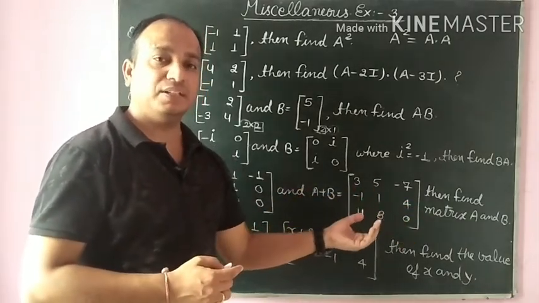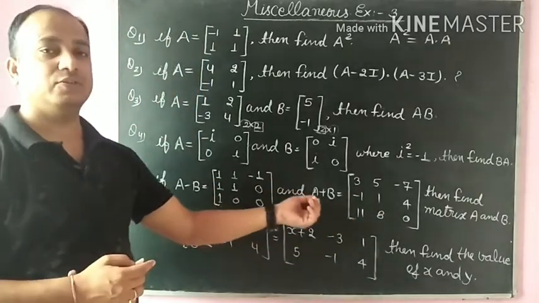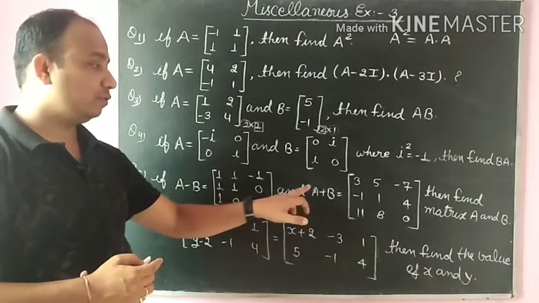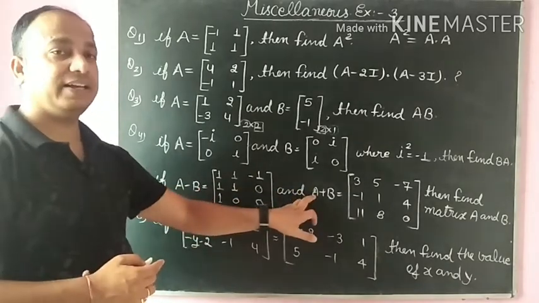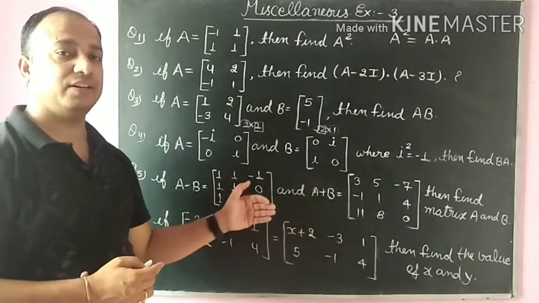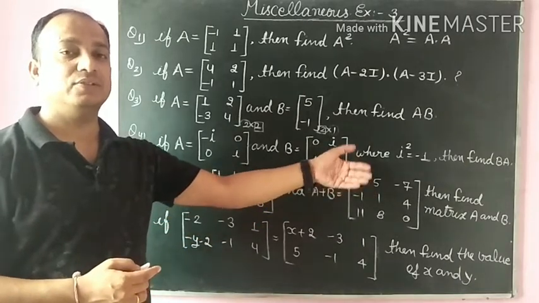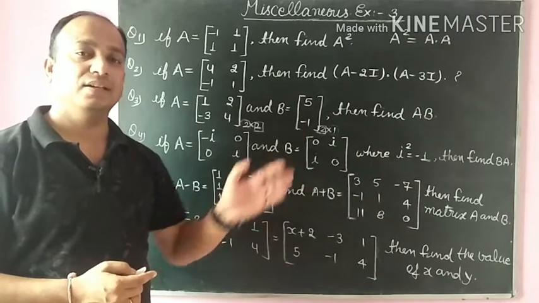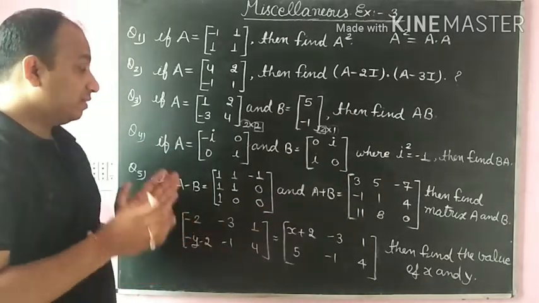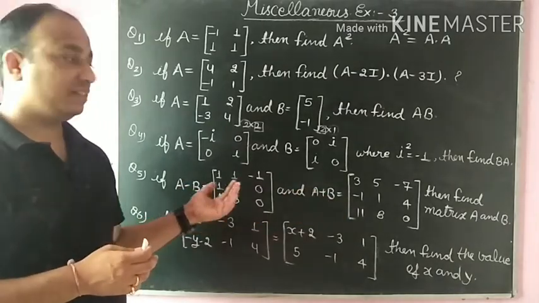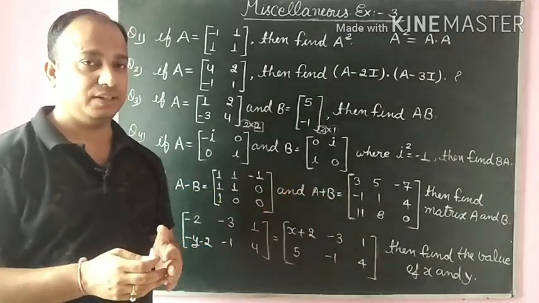By using the elimination method, equation first is added with equation 2. Then minus B and plus B will cancel. A and A add to make 2A, and to find the value of A, we transpose the 2. Then it changes into 1/2 and is multiplied by this matrix. After that, putting the value of A in equation second or equation first, we get the value of B. Okay, clear?